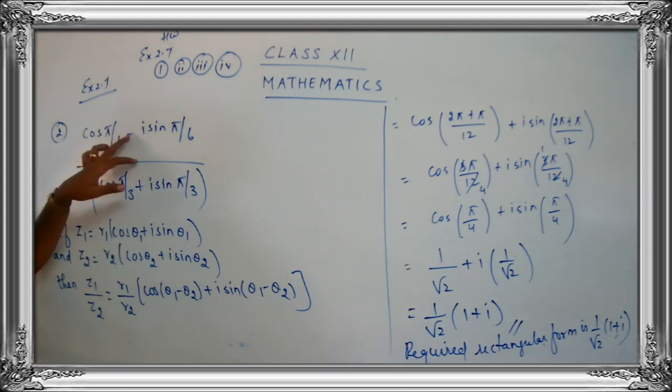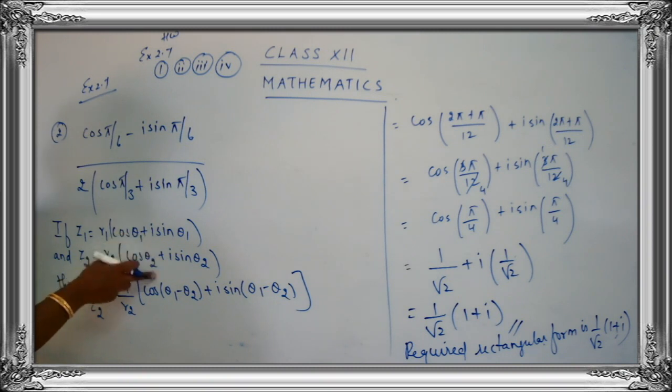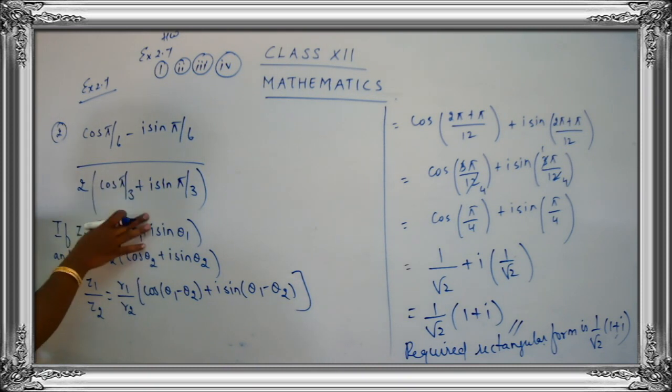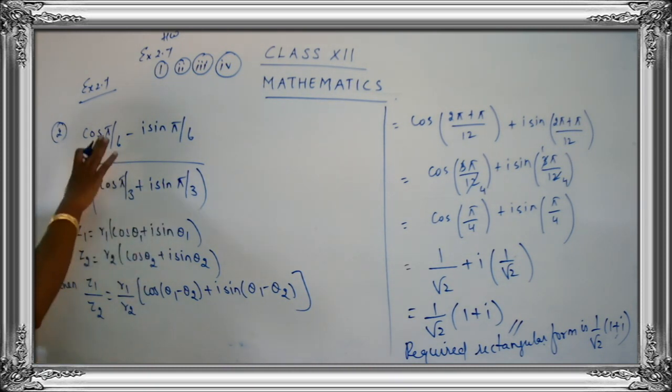Cos of theta 1, here we should get a plus sign. But instead of a plus sign, they have given you a minus sign. So we cannot apply the property directly for minus plus. If you have to apply the property, you should get this format. That is, you should get r1 cos theta 1 plus i sin theta 1, r2 cos theta 2 plus i sin theta. But here we are having a minus sign. So we have to change this minus sign first of all. Once we change the minus sign in terms of plus sign, then only we can apply the property and get the answer. So let's see how to change the sign.